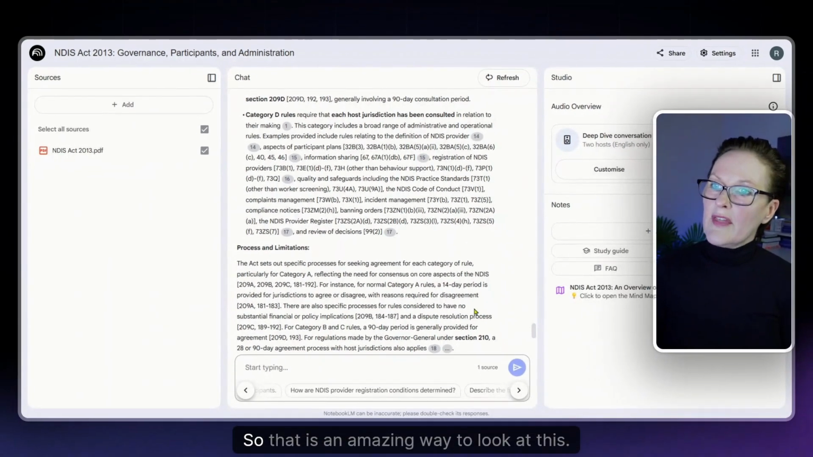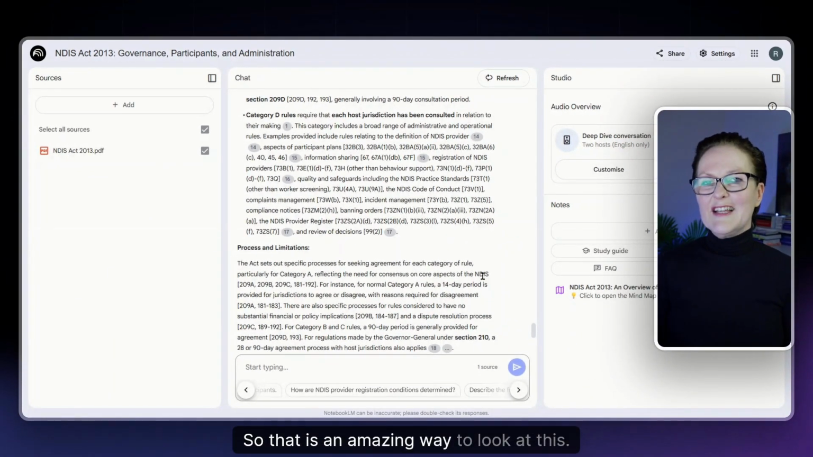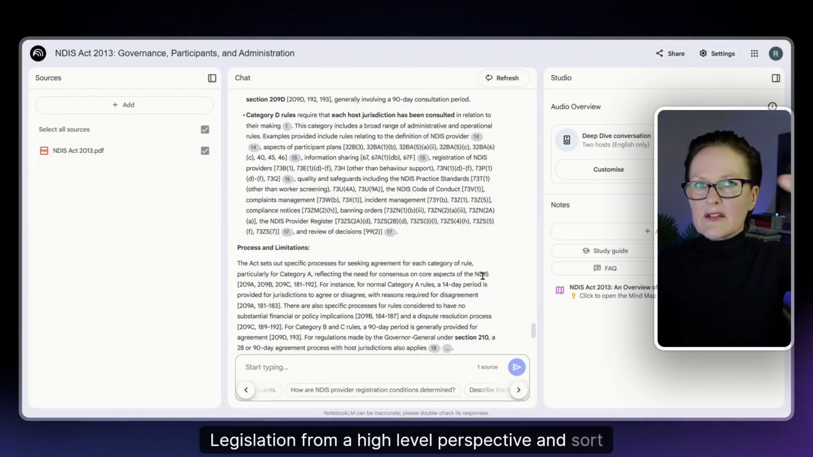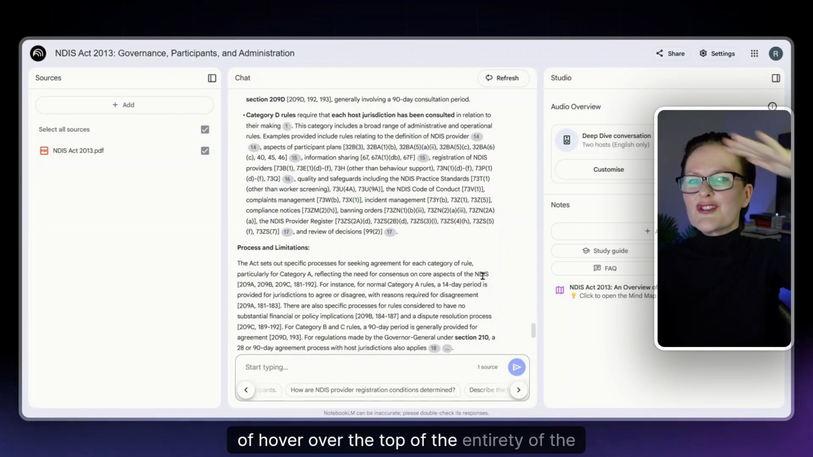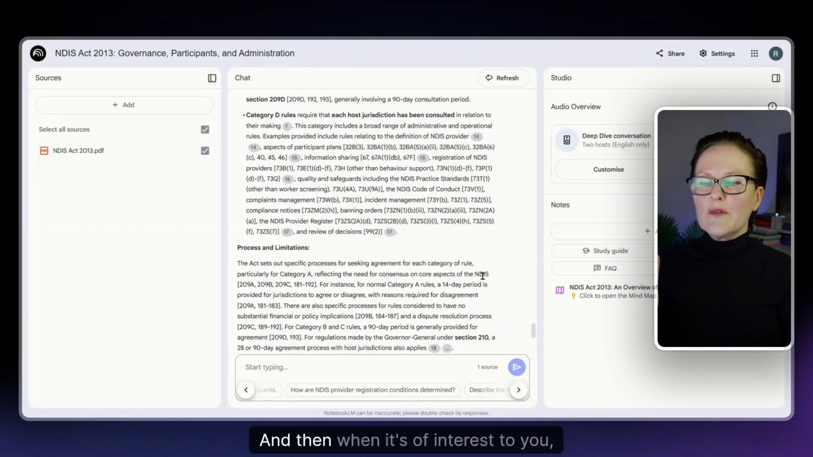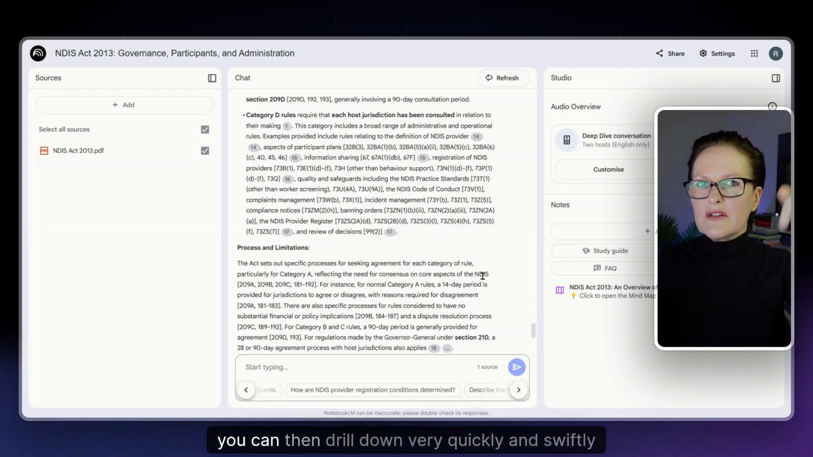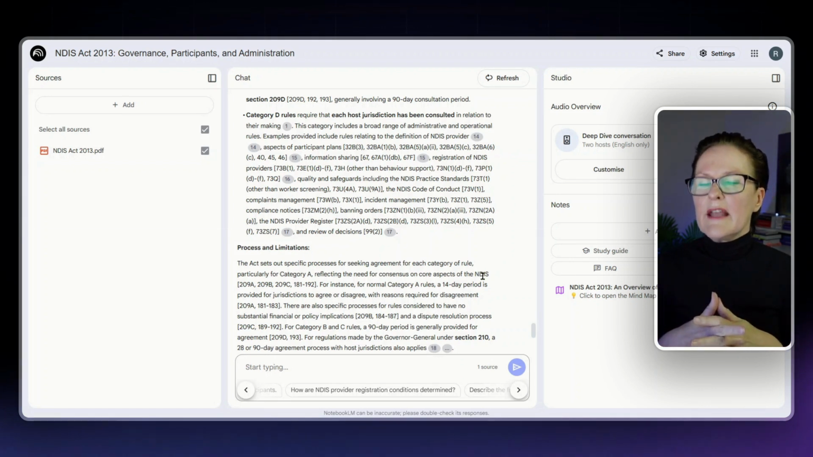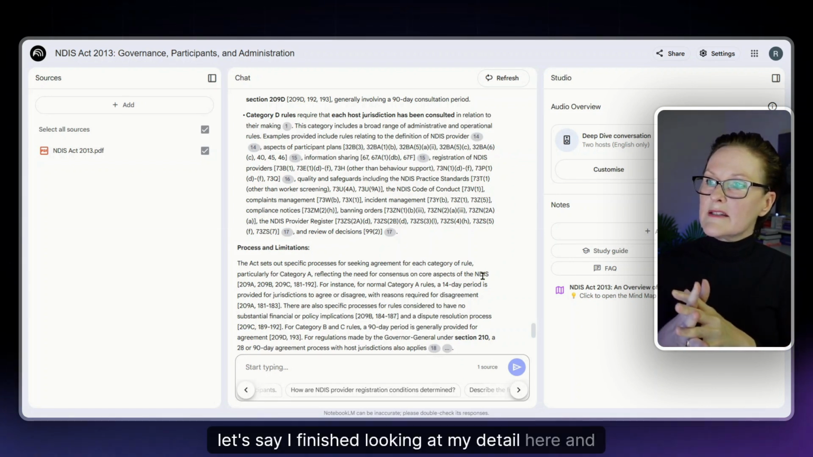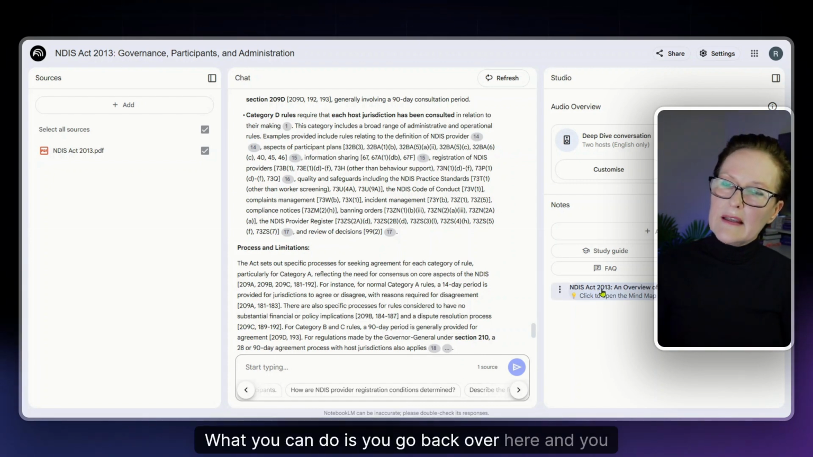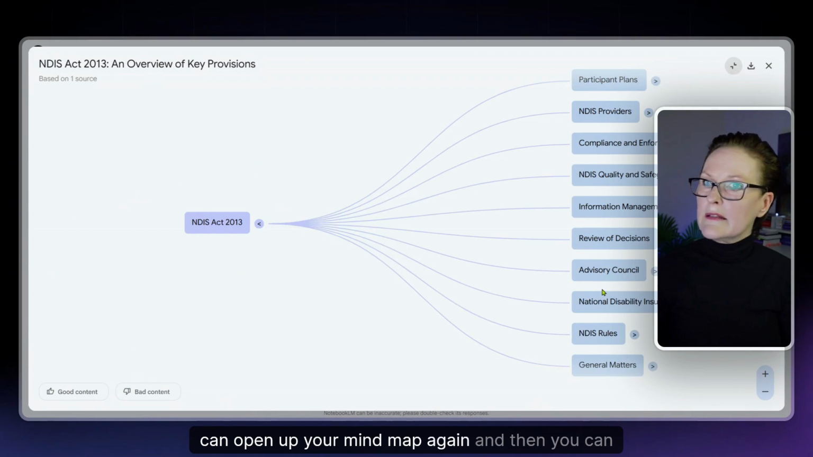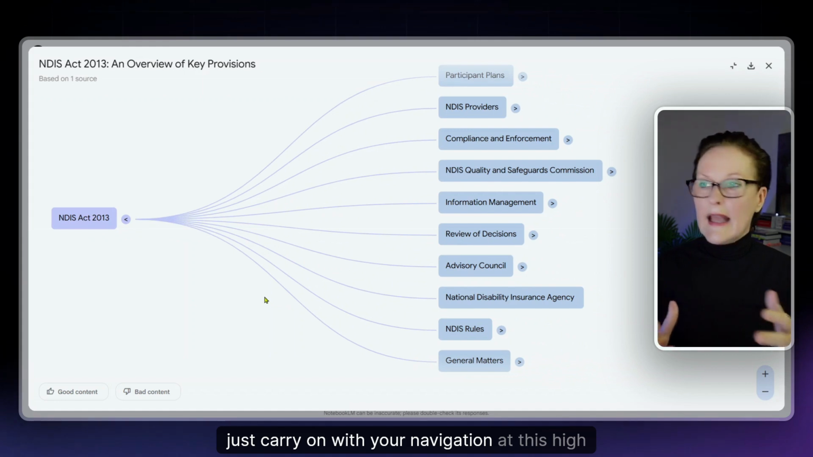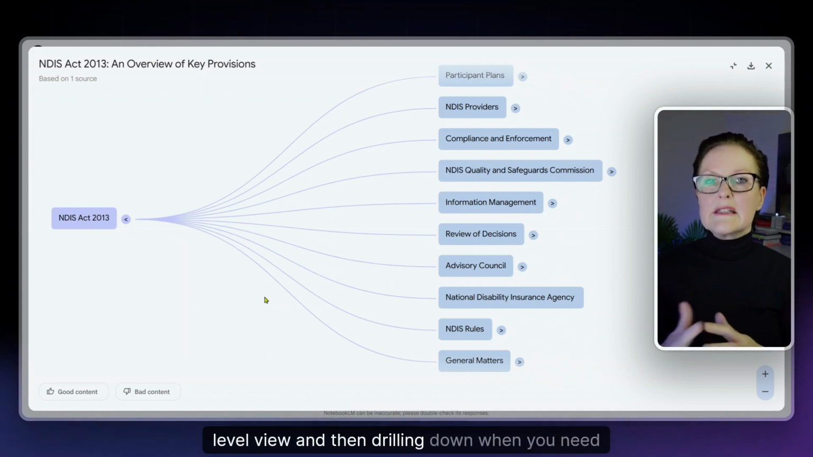NDIS. So that is an amazing way to look at this legislation from a high level perspective and hover over the top of the entirety of the legislation. And then when it's of interest to you, you can drill down very quickly and swiftly into further detail. Now, let's say I've finished looking at my detail. What you can do is go back over here and open up your mind map again, and then you can carry on with your navigation at this high level view and then drilling down when you